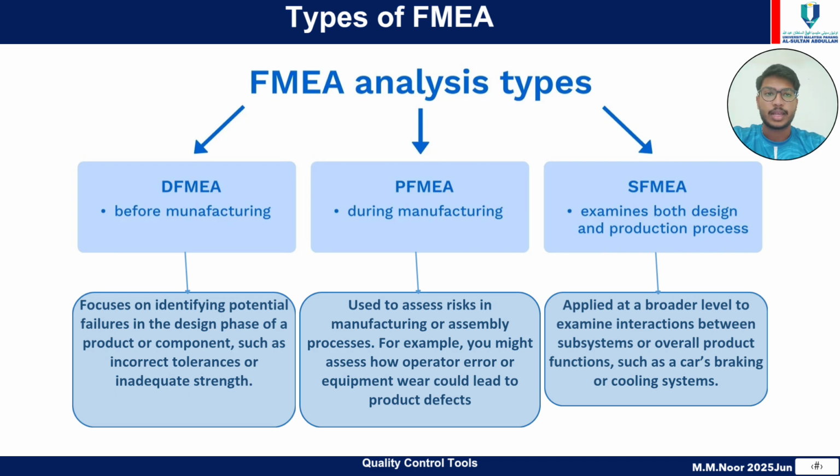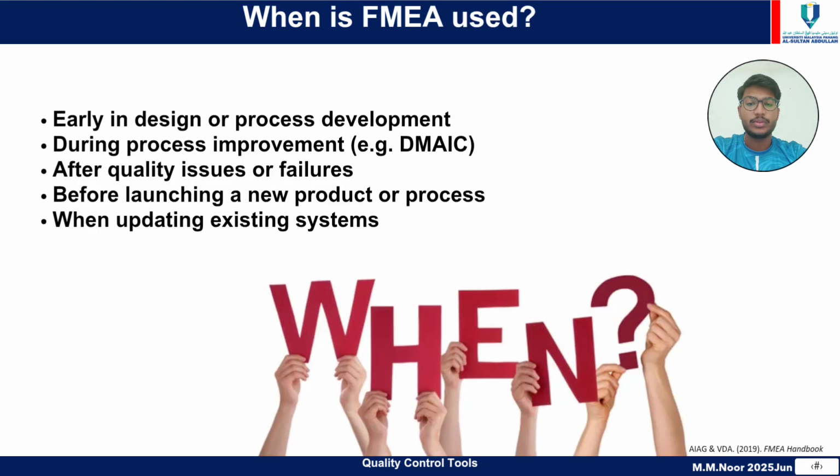Now these types of FMEA each serve different stages of product development or process management. When do you use FMEA? You use it early on, preferably during the design phase or while planning a new process. This allows engineers and quality teams to anticipate potential risks and mitigate them upfront. It's also valuable in improving an existing process, investigating recurring quality issues, launching new products or systems, making changes to